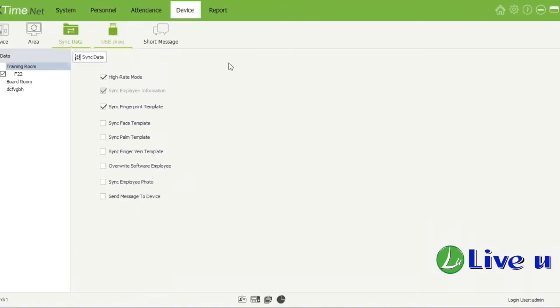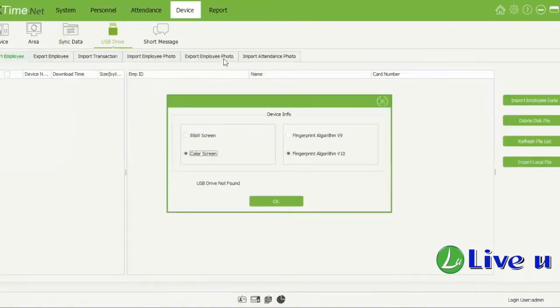The USB drive option you have here is optional. If you selected it inside the system, you can choose to import, let's say, transactions or employee photos from your device. Your device firstly needs a USB port. If your device doesn't have that, then it won't work. So let's say your device has a USB port, then you can just put the USB in there, pull the information, and then place it inside